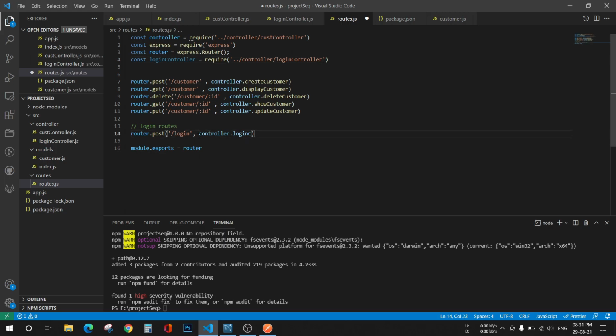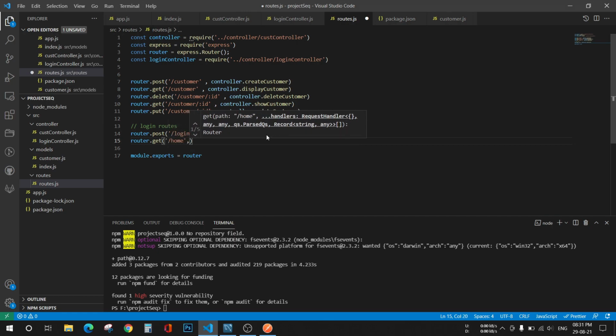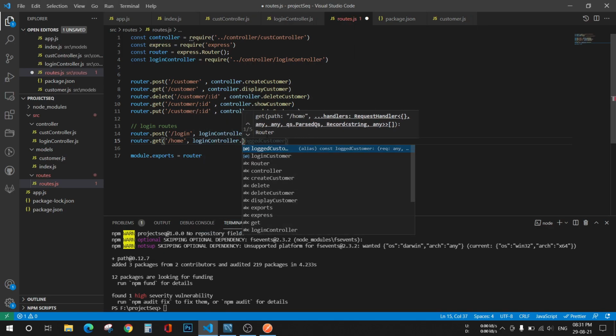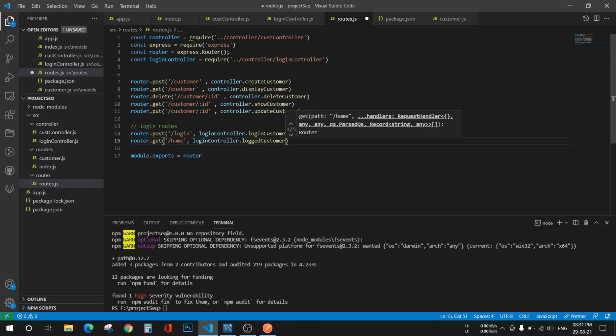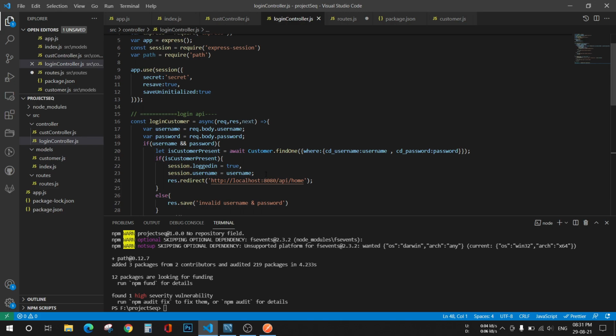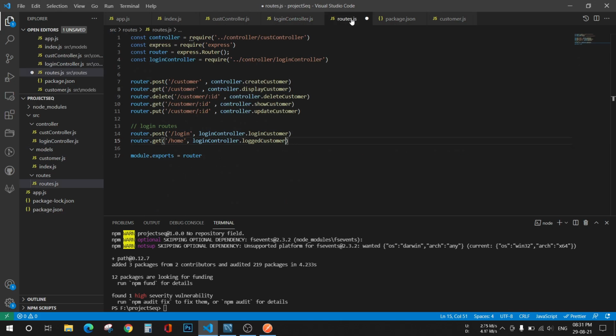And now we can use that loginController.loginCustomer, and another will be the get call, so it will be home, loginController.loggedCustomer. So this slash home was equal to this route. Okay, now save it, run your project.